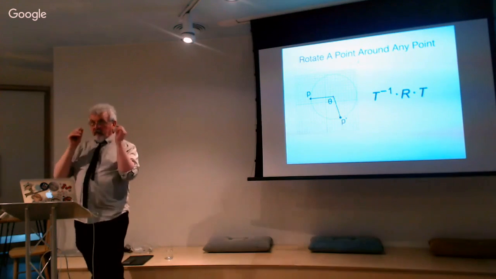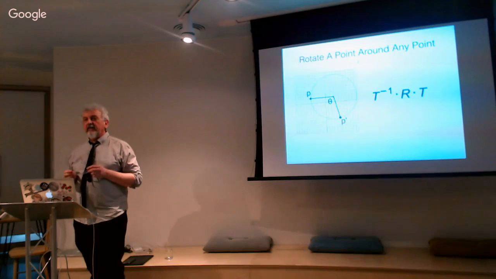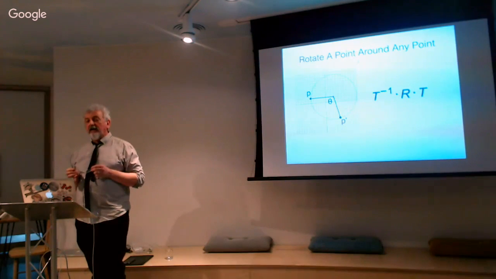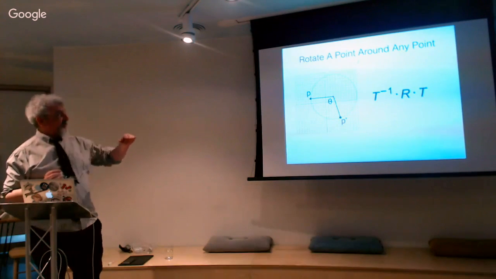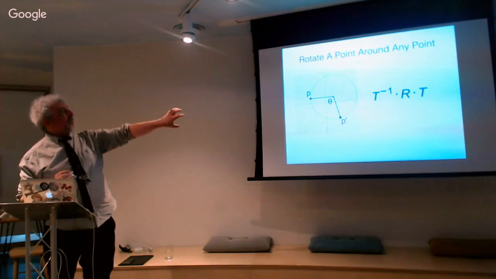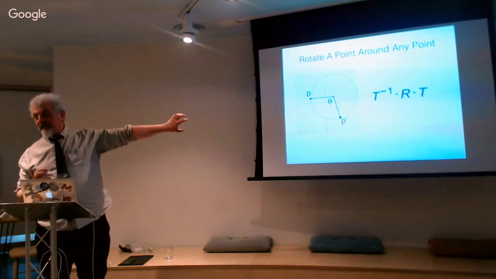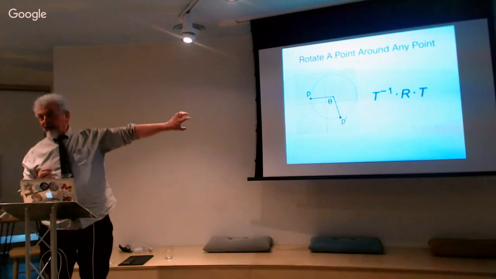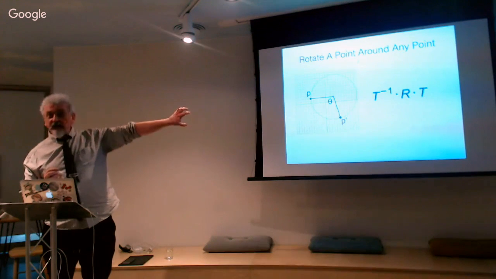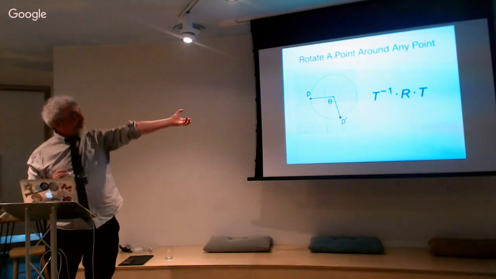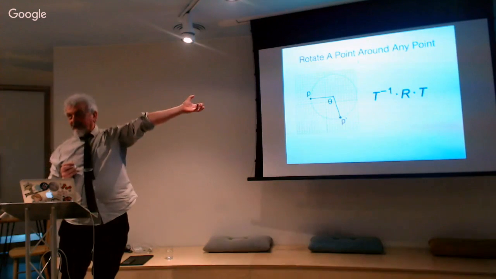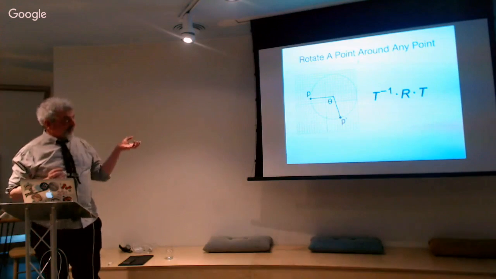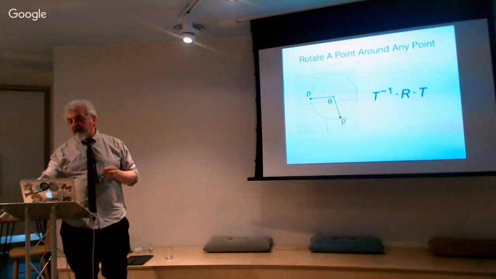When you give matrices symbolic names, you usually give them capital letters. So what we're really trying to do is we translate the whole thing by minus where the center of the rotation is going to be. Then we do the rotation, and then we translate the whole thing back to where the center of the rotation is. So in order to do that, just a little bit of notation really.